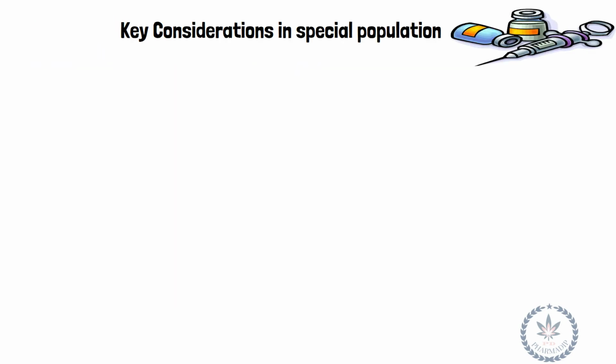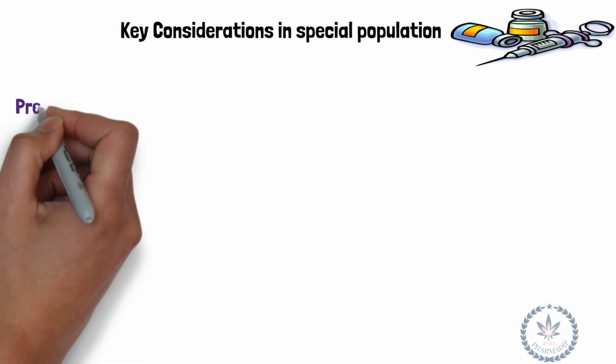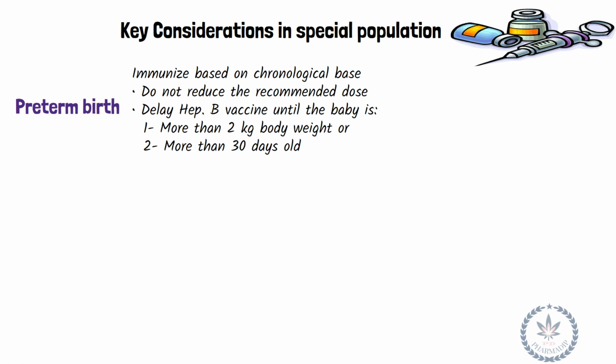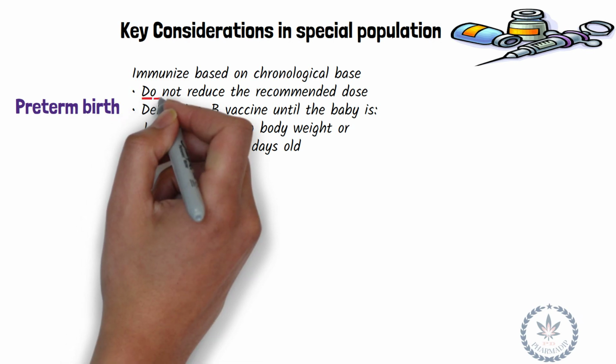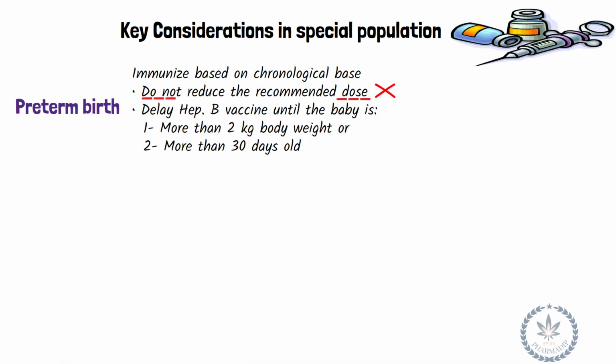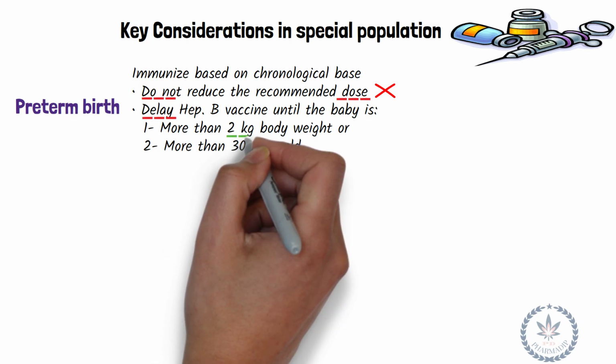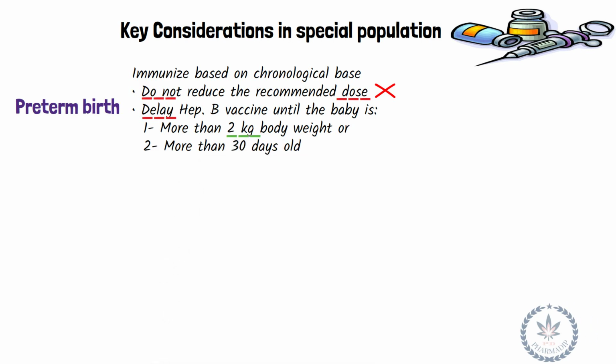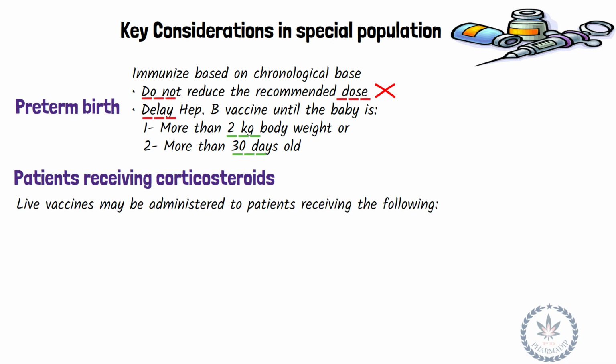Now, a few key considerations in special populations. These are a few important points we need to remember. In case of children with preterm birth, we should immunize based on chronological age, do not reduce the recommended dose, and delay hepatitis B vaccine until the baby is either more than 2 kilograms body weight or more than 30 days old. Whereas considerations in patients receiving corticosteroids include: live vaccines may be administered to patients receiving the following: topical